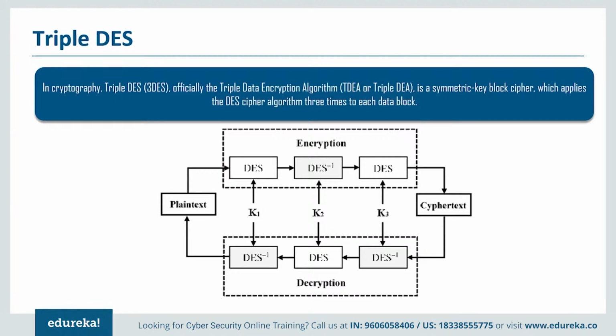So here's how triple DES works. Your first 56-bit key is used to encrypt the plain text, just like you would do with the standard digital encryption standard algorithm, and you take that ciphertext that's returned from the first round of encryption, and you apply the decryption algorithm to the ciphertext. However, the key thing to note is that you don't use the first key to decrypt it because otherwise you'll get the plain text back. So what you do is you use a second key with the decryption algorithm against the ciphertext from the first round. So now you've got some ciphertext that has been encrypted with one key and decrypted with the second key,